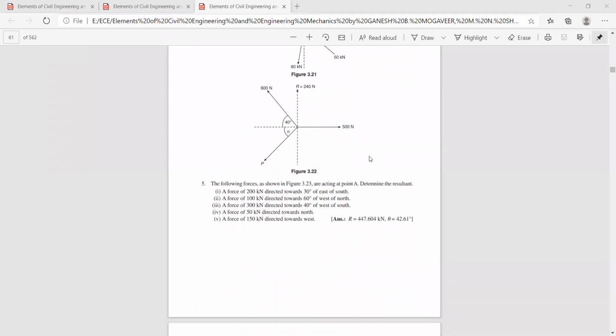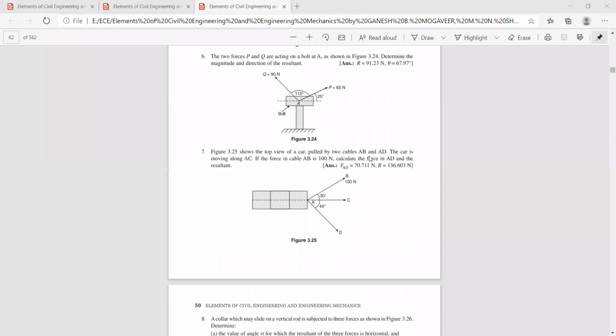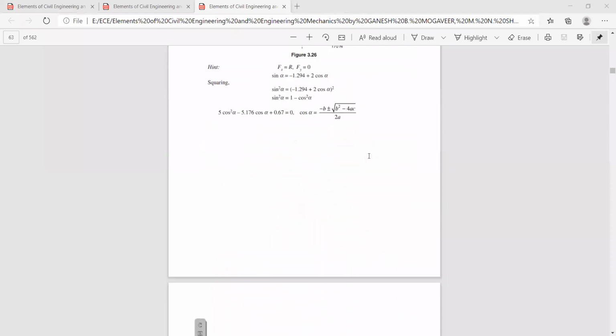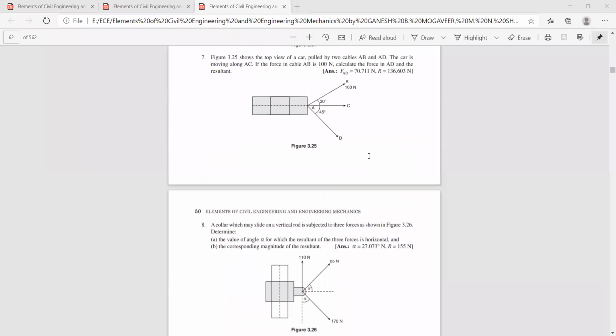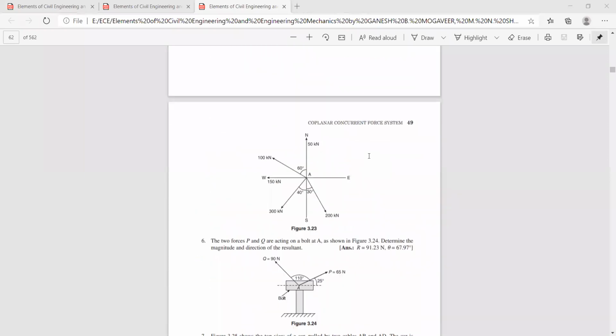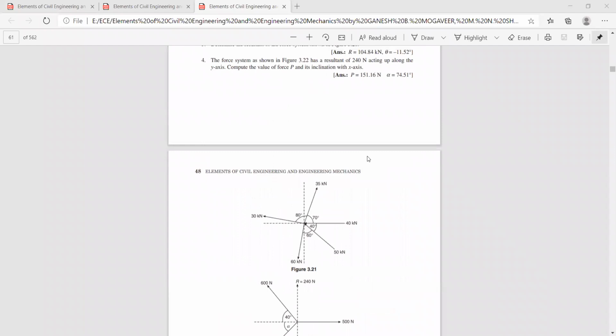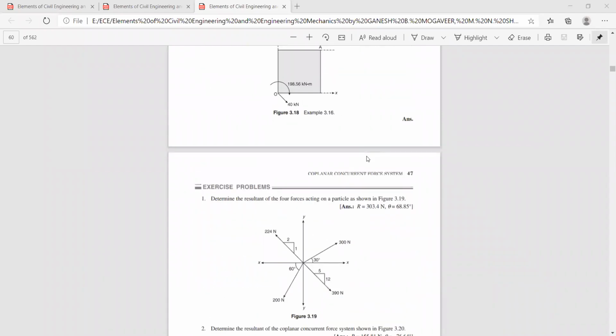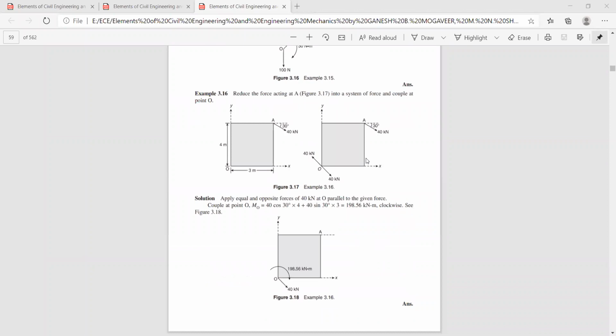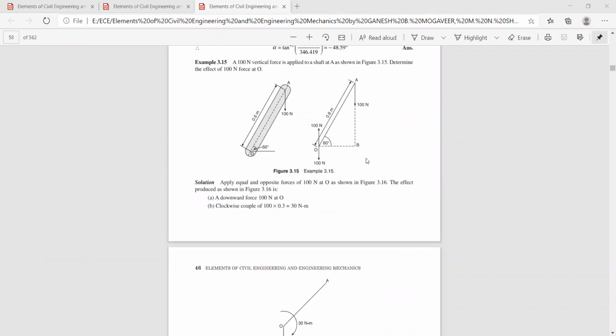This completes the resultant of concurrent force systems. These are some of the problems you can try at home. I have shared the soft copy of the textbook in Google Classroom, and the code also. You can download it and we can go through. Next class, from Tuesday onwards, I will start a new chapter, centroid, the fourth module. So the resultant of coplanar concurrent force system is over.